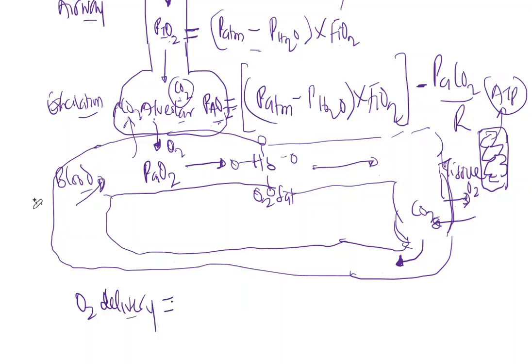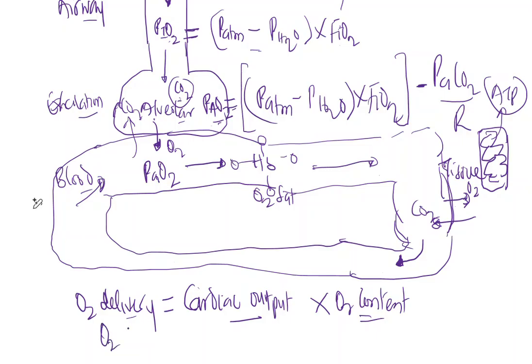So oxygen delivery is dependent on the pump, right? Your cardiac output, multiplied by, right, oxygen content. So multiplied by arterial oxygen content. And when we talk about the arterial oxygen content, the arterial oxygen content will be